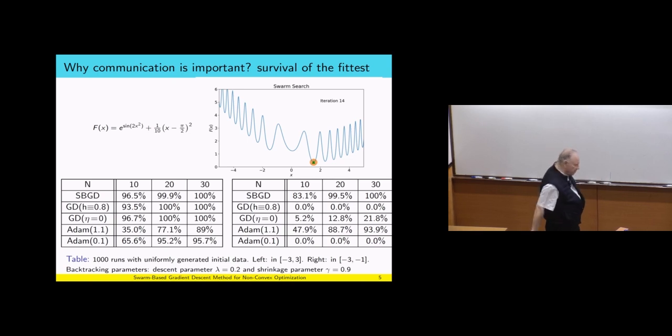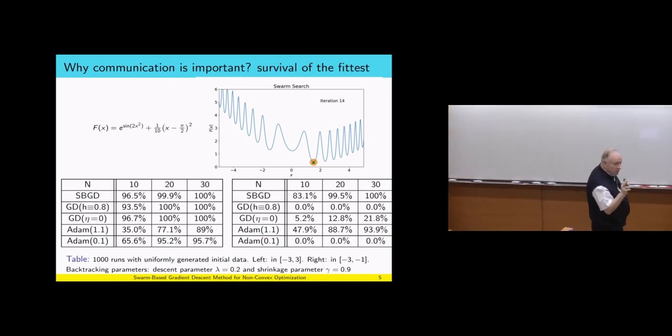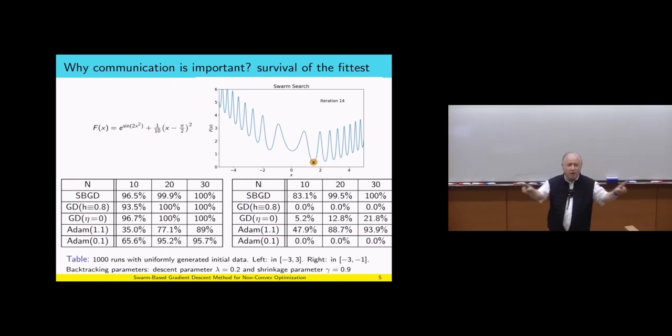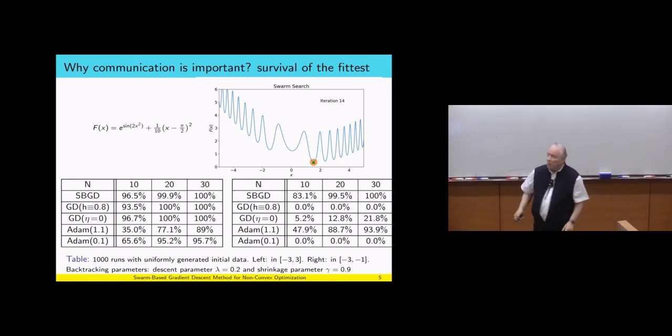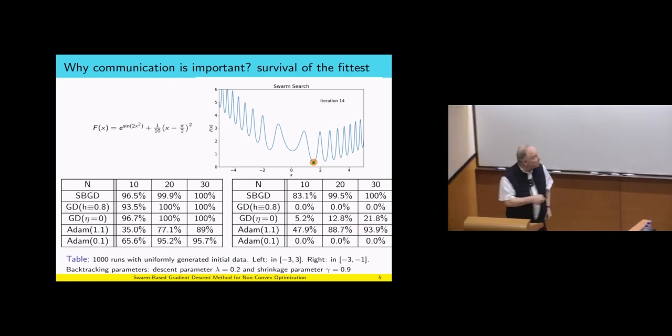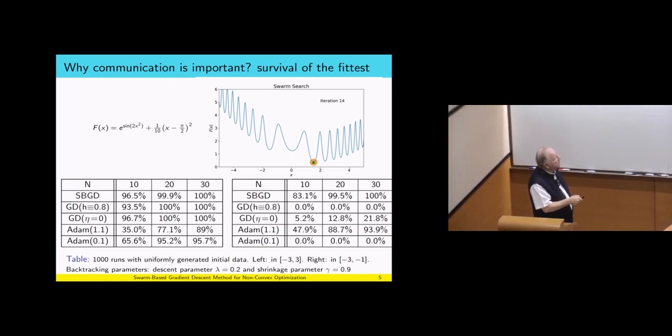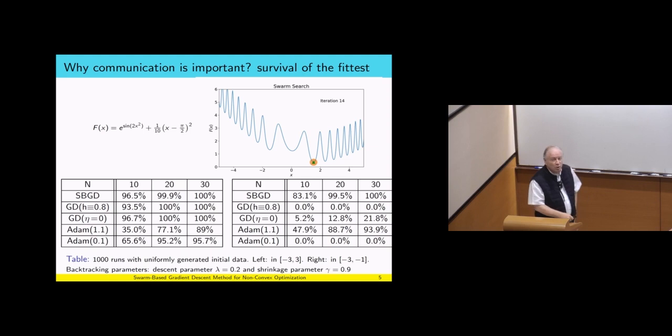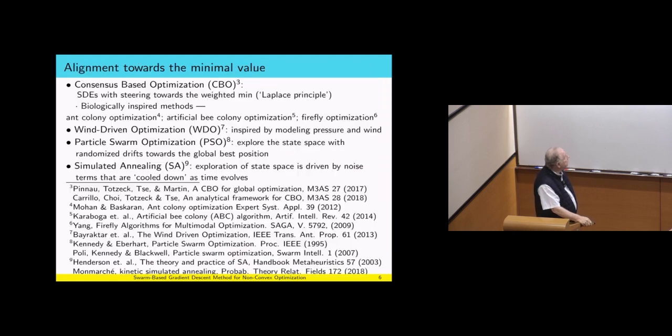Because the swarm-based dynamics has these explorers, not the leaders, the explorers that always go away and try to explore for the swarm. With the other method, once they are stuck somewhere, that's it. There's nothing you can do. So there's a big difference. And we keep repeating this idea that we do not know the general region of the global minimizer, and that's where the difference shows up.